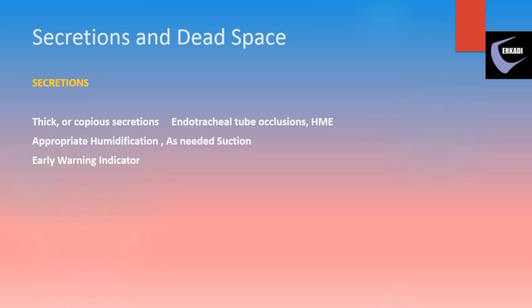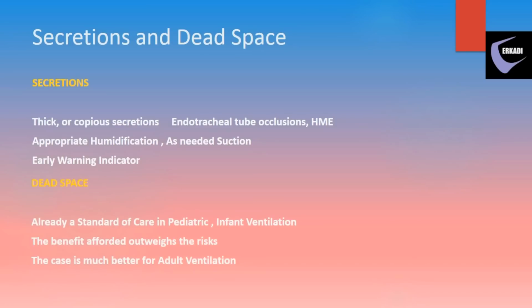As compared to adult ventilation, in pediatric and neonatal therapy, much smaller volumes are used. And it is an established practice today that invasive ventilation should not be done without a patient proximal flow or volume sensor. Since the contribution of the volume of the flow sensor to the overall dead space is much less in adult ventilation, the value of the benefit afforded to the risk is, by logic, much better.